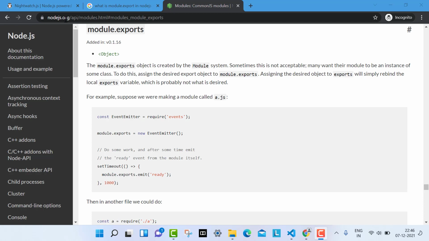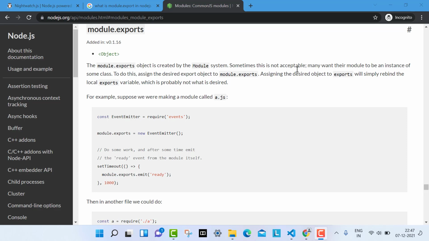Okay, this is the Node.js official document for module.exports. Here you read it: the module.exports object is created by the module system. Sometimes this is not acceptable. Many want their module to be an instance of some class.